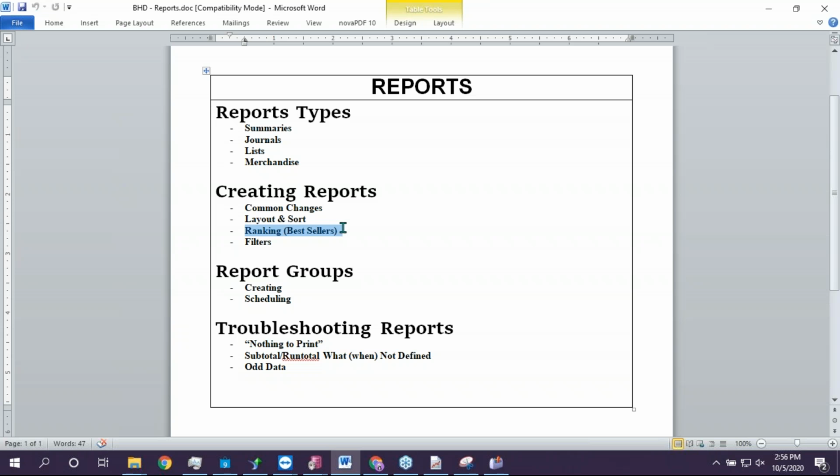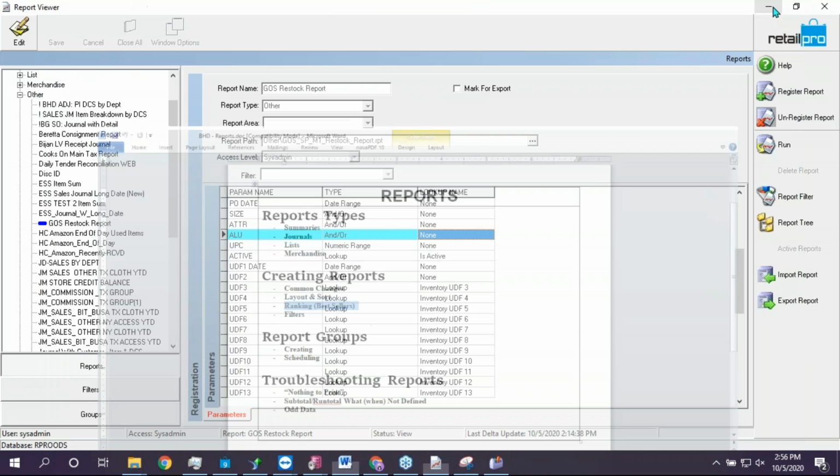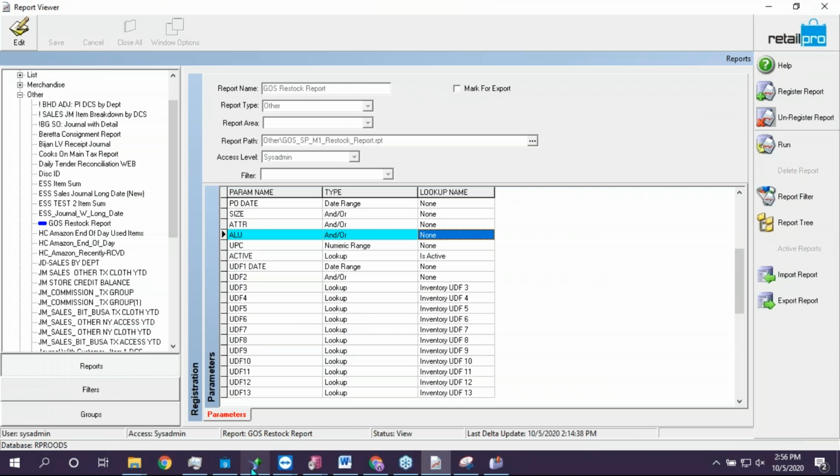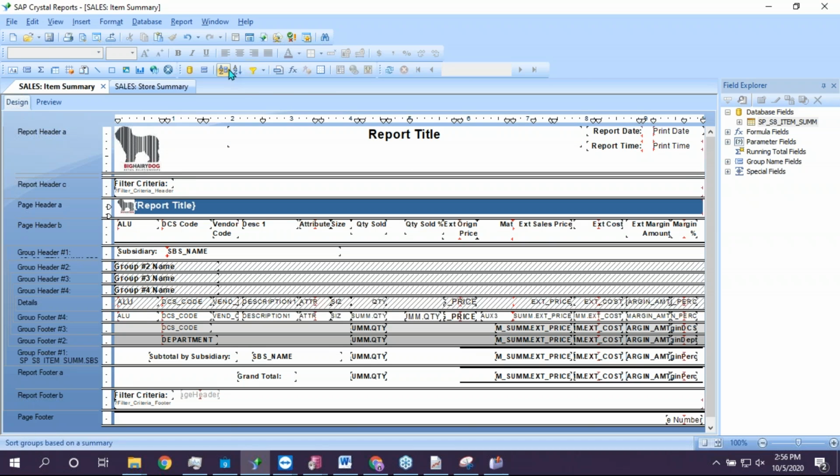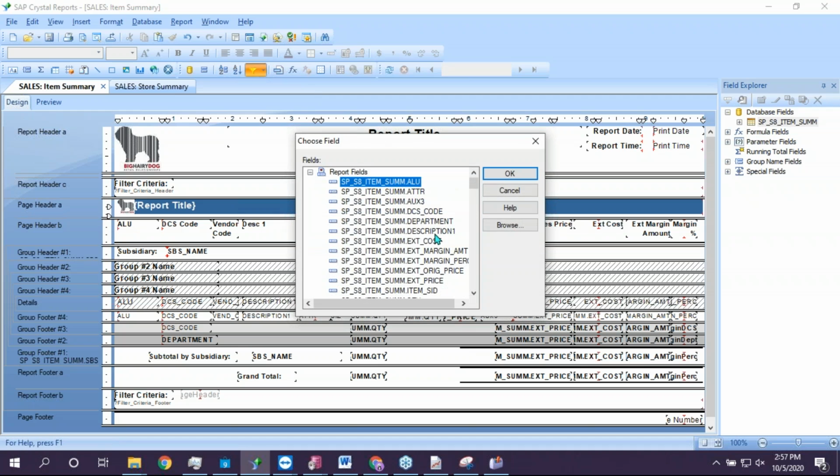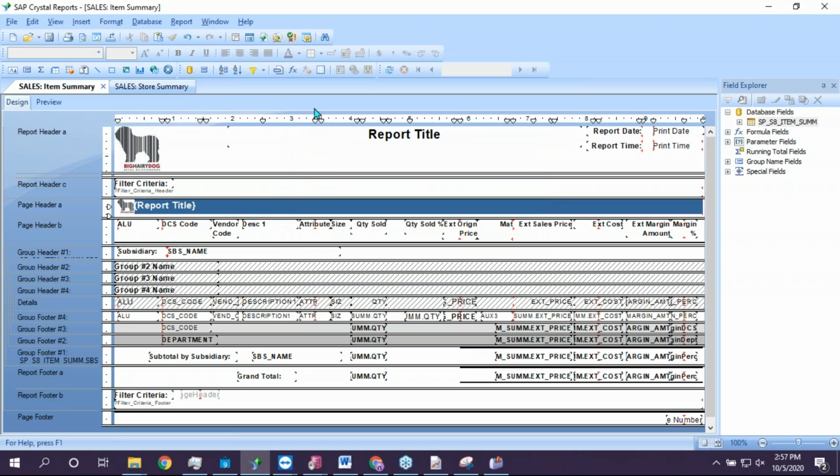For ranking and best sellers, that's also something that you can go ahead and do within Crystal, really easily. You can go ahead and sort, pre-select, so if we go ahead and have maybe a top 25, then I want my report to cut off after 25 records. That's it. It's what I need the report for. If I just wanted it to sort, much like